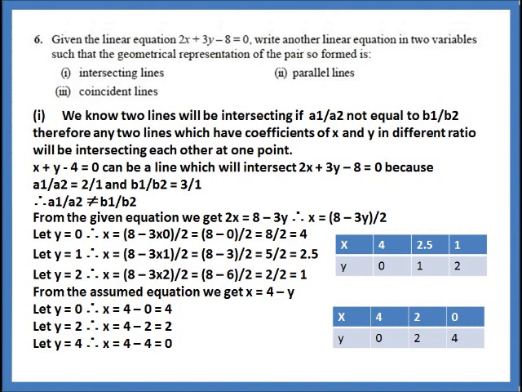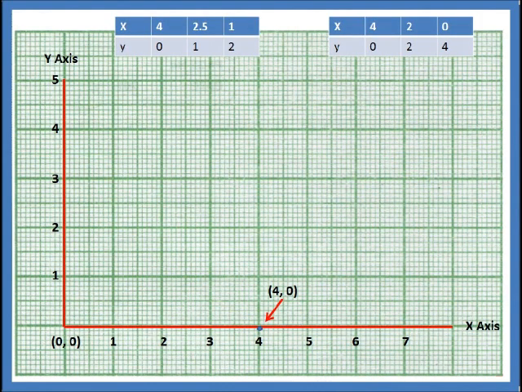Arranging all the three sets of values in a tabular form, we get x is equal to 4 for y is equal to 0, x is equal to 2 for y is equal to 2 and x is equal to 0 for y is equal to 4. Now draw two lines, one horizontal to the paper and one vertical to the paper. The horizontal line is x-axis and the vertical line is y-axis. Now mark scale on both the axes and now we'll mark the points on the plane.